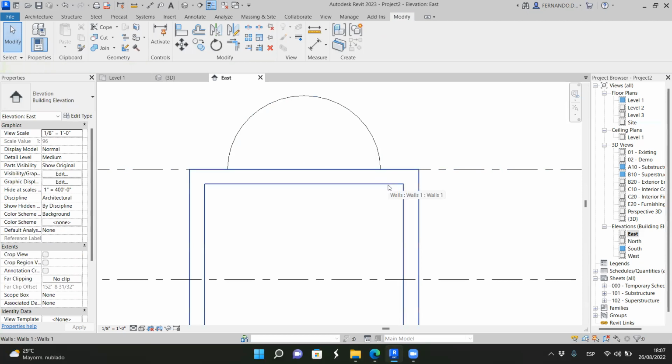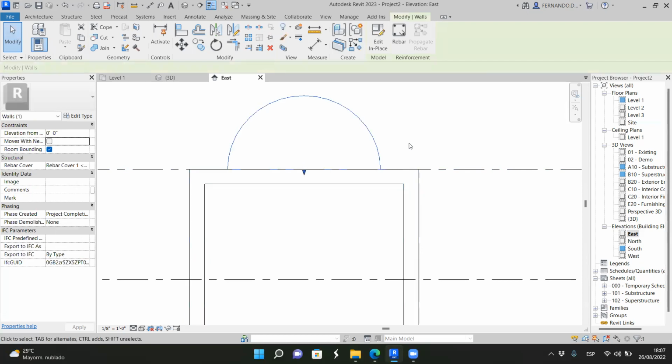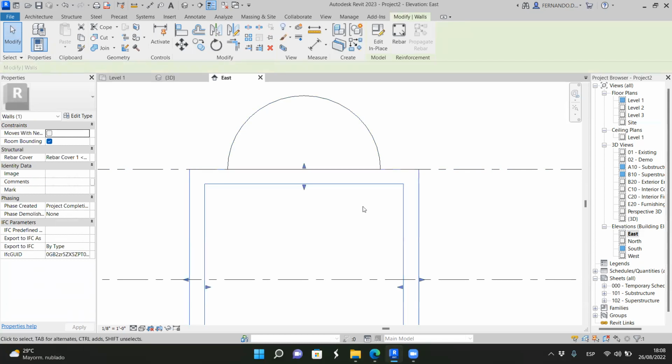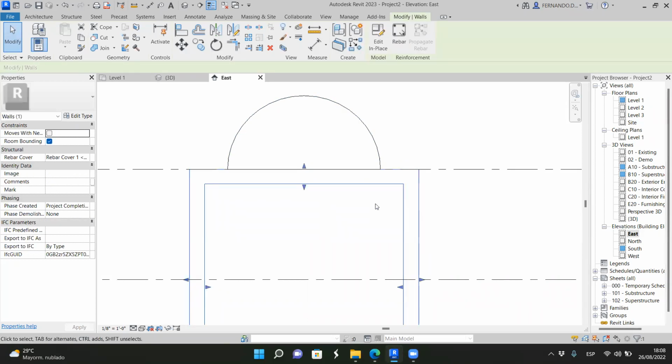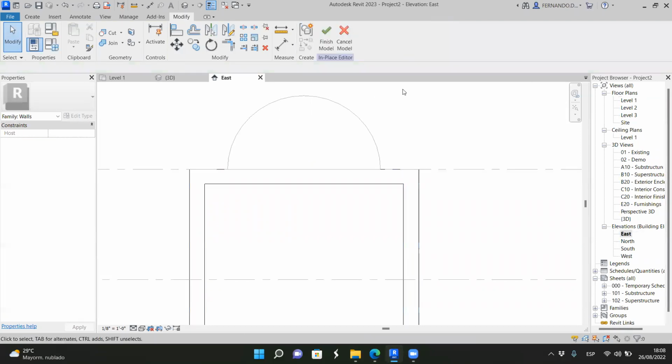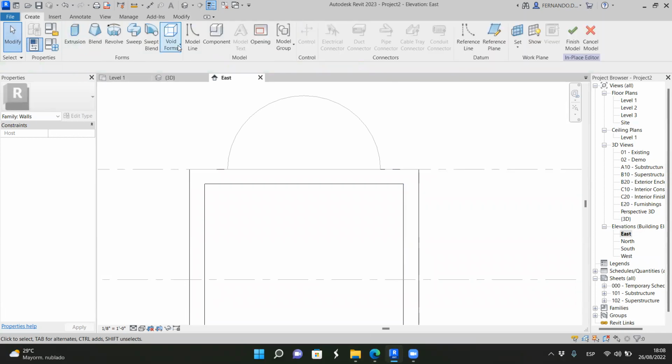Okay, I'm going to do this first because I have two different objects here. I have the square, and then I have the circle, and I have to create two different voids. Let me show you. So if I select this and I select edit in place, I can create a void